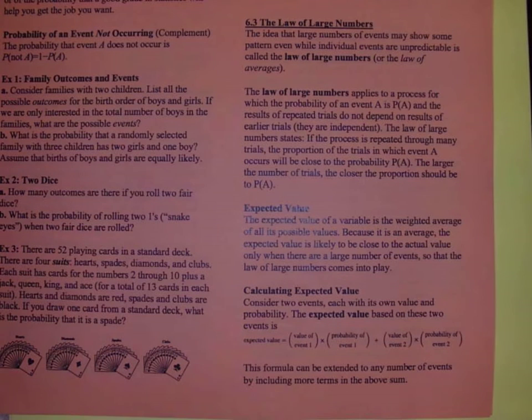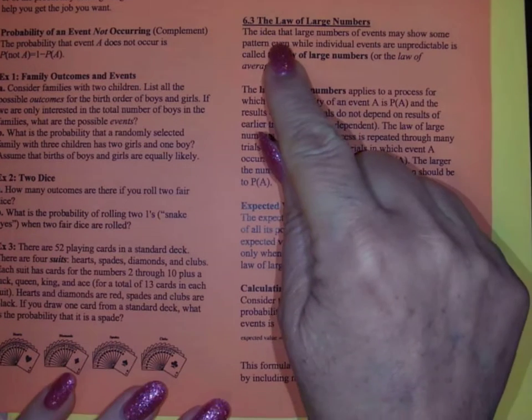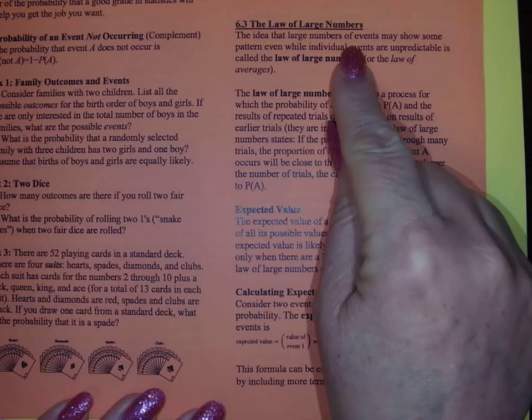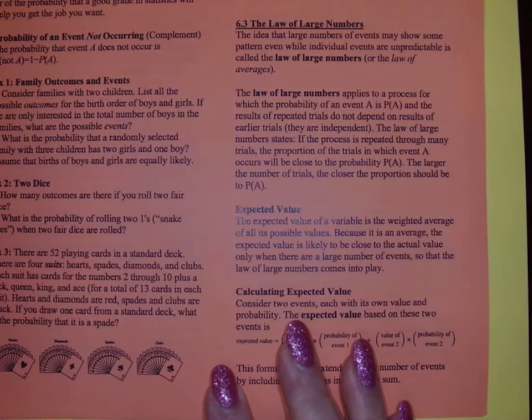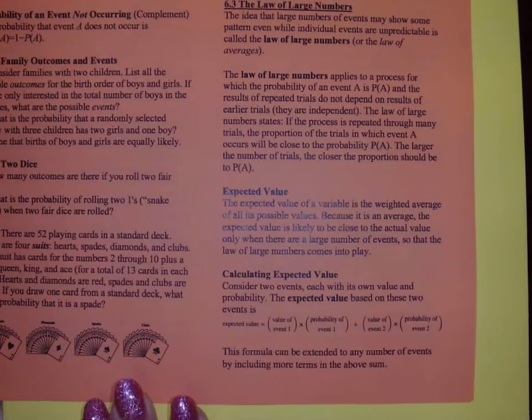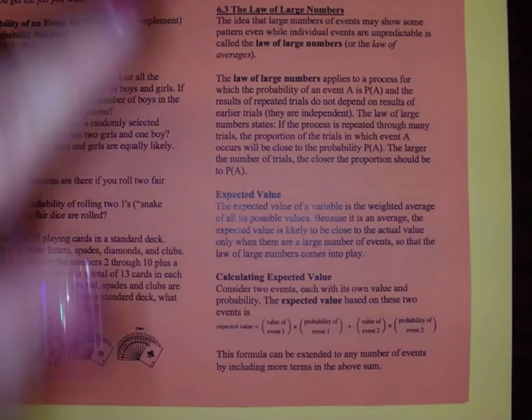All right, so in this video, we're going to talk about the law of large numbers. The idea that large numbers of events may show some pattern even while individual events are unpredictable is called the law of large numbers. It's also called the law of large averages, but we're typically going to call it the law of large numbers